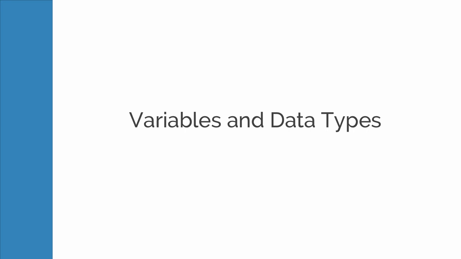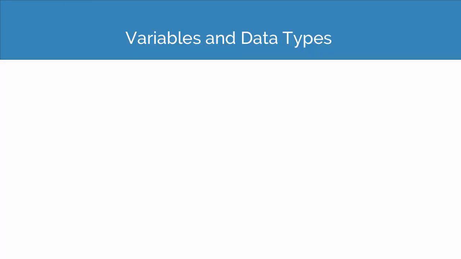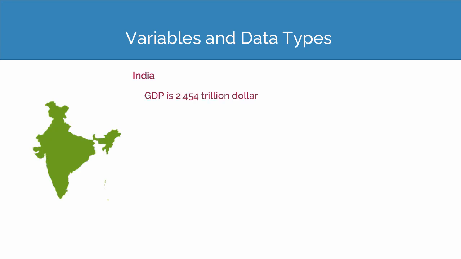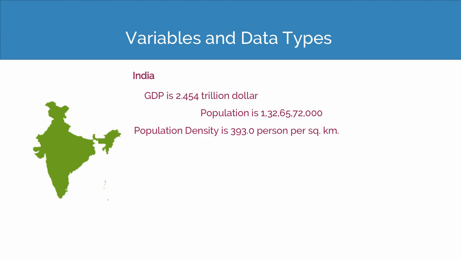In this topic, we are now going to proceed and check out what are variables and data types in Java. Let us first consider an example of our country, India. So the name of the country is India, its GDP is $2.454 trillion, its population is 132 crores, population density is 393.0 persons per square kilometer, it is a secular state and the symbol of its currency is rupees that you can see here. Now if I ask you to represent all these stats with the help of Java language,